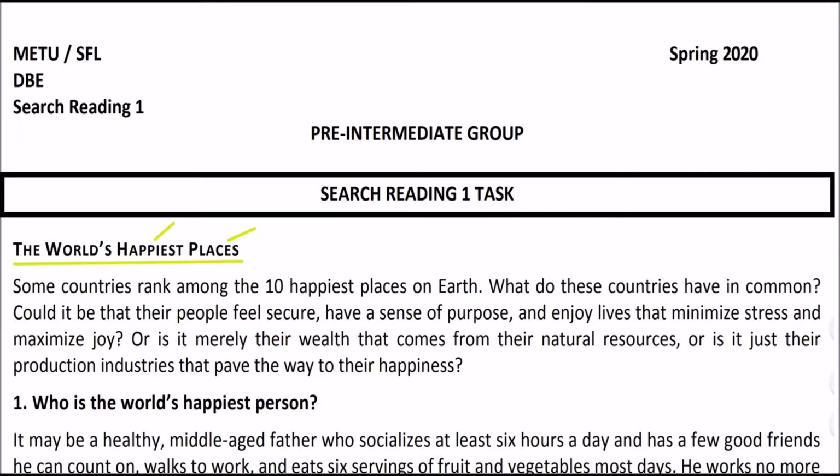Let's start our task today. Here is how your Search Reading 1 task looks. This is the title, The World's Happiest Places. So this tells us that we're going to read about some places, and these are the world's happiest places. And after that comes a subtitle, who is the world's happiest person. This will give this subtitle, and what's written under this subtitle will give us the idea about who the world's happiest person